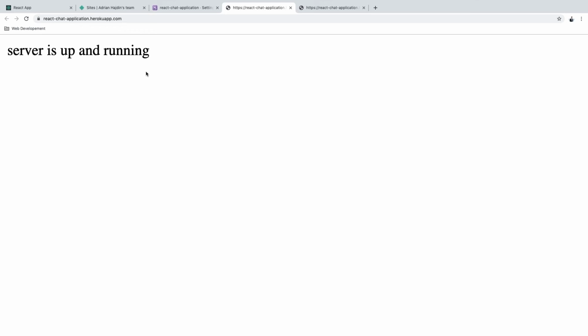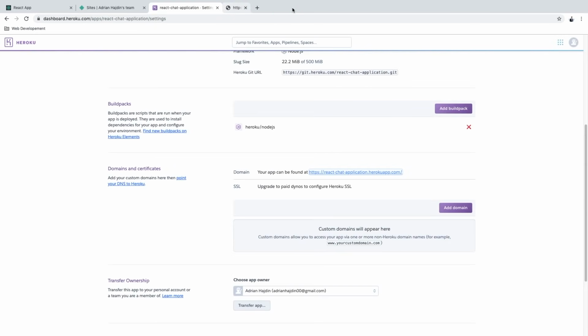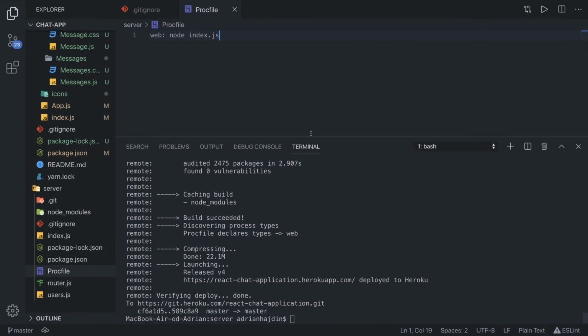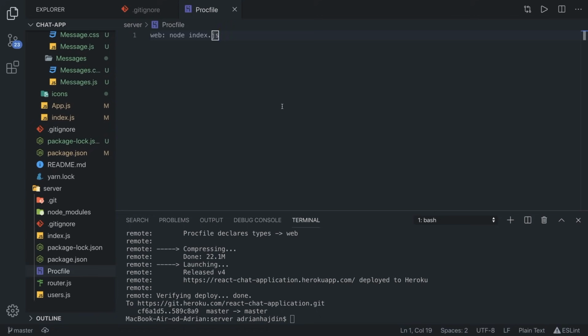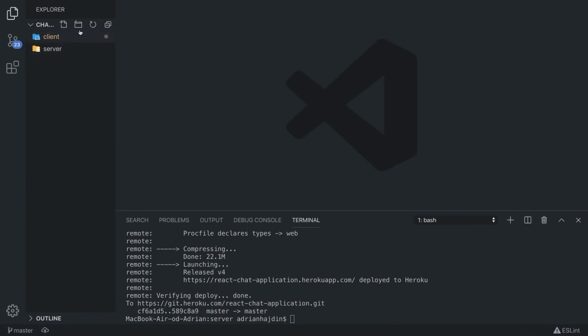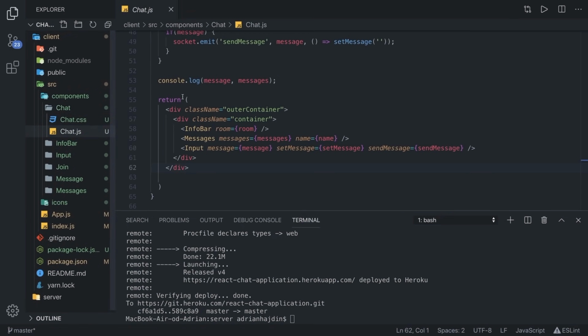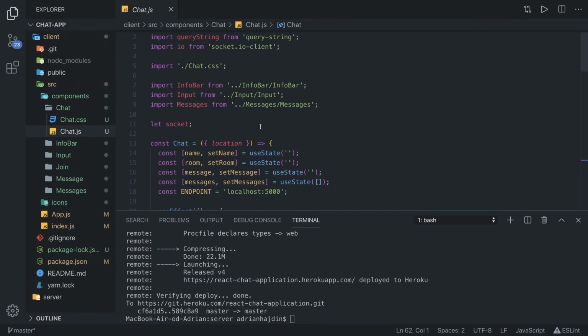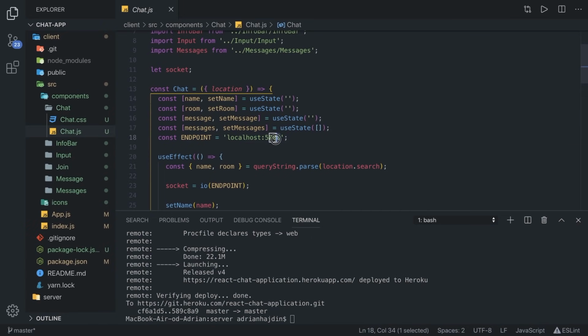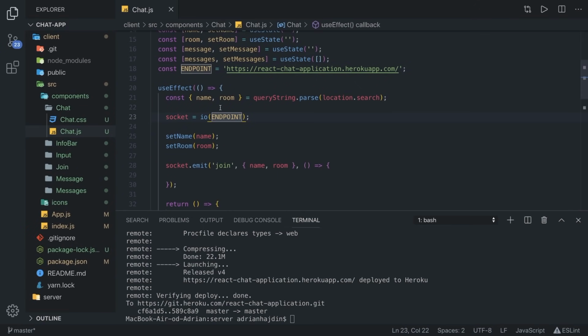The only thing we need to do now is to actually deploy the front end. So first, we are going to copy this URL and get back to our client side. Now we can lower this down, close these files, and go into the client, source, components, chat, and actually change this endpoint. We are not calling localhost 5000 anymore. We are actually calling this online deployed application server. So right now, when that is ready,